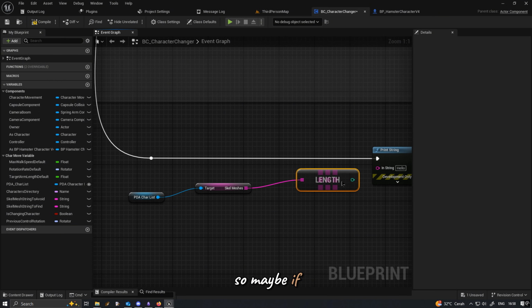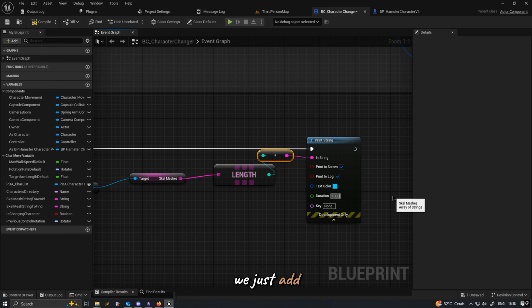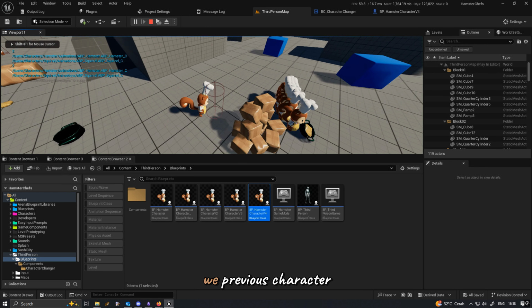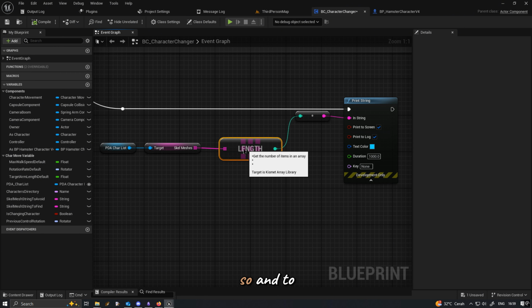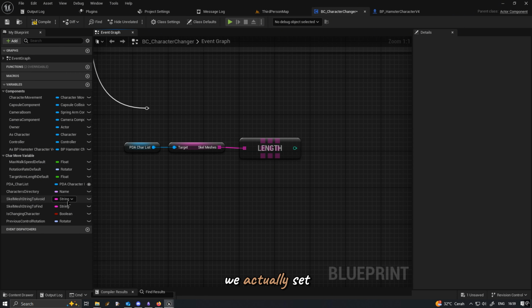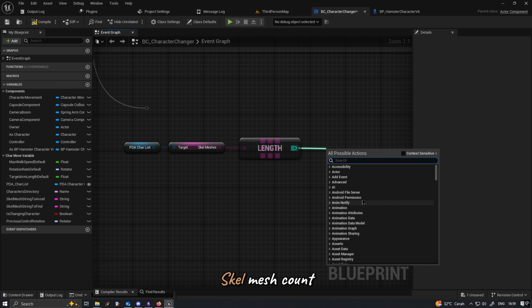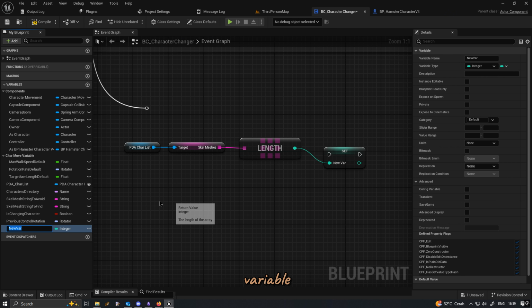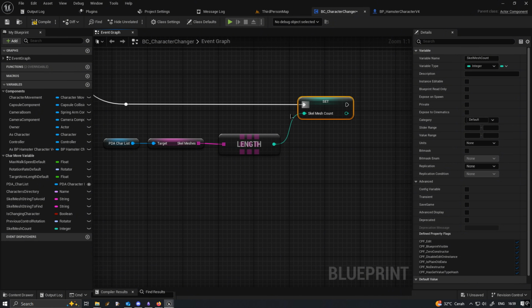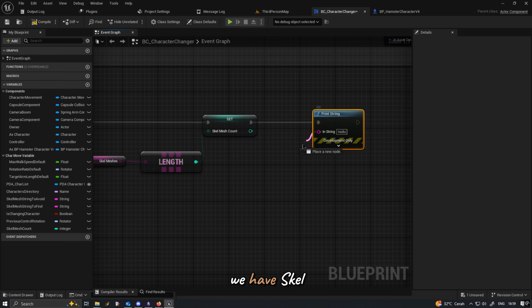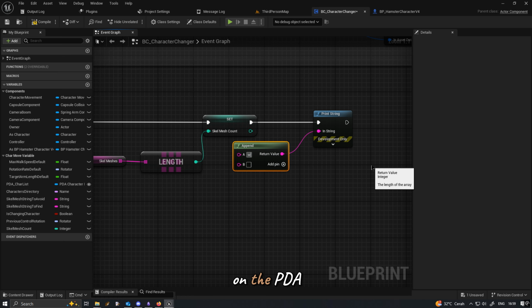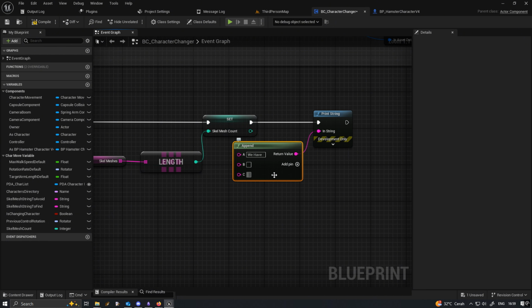If it's the next character, we just add 1, and if it's the previous character, we just subtract 1. To have that value, we set scale mesh count as a new variable. We just use the length node, so we measure how many scale meshes we have on hand on the PDA, and basically go from there.